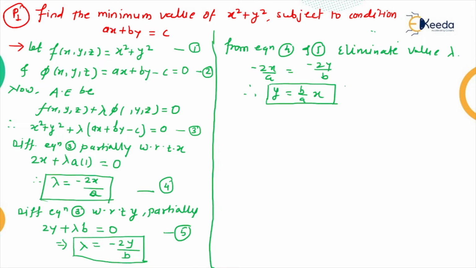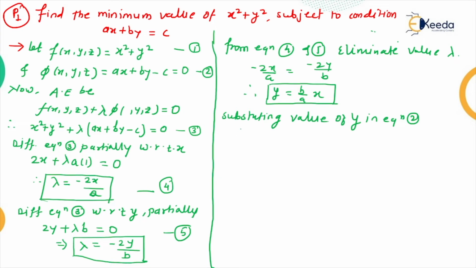Okay, and we call this the value of lambda eliminated. Now, substituting this value of y in equation 2, we get... so what is equation 2? You see where equation number 2 is. Okay, now let me write here: substituting the value of y in equation 2. So it's very easy now, let's see.